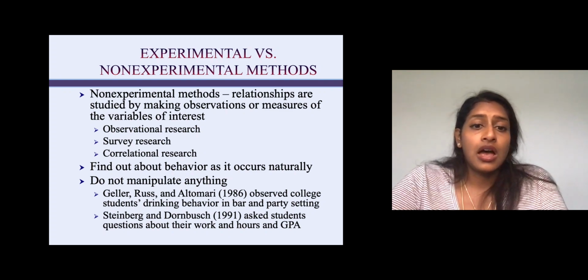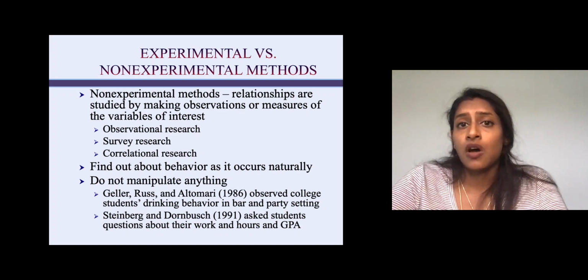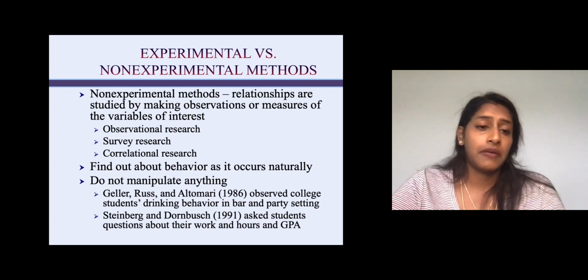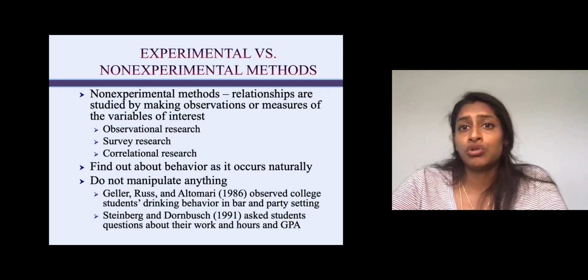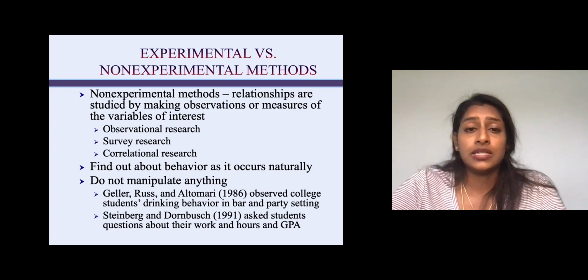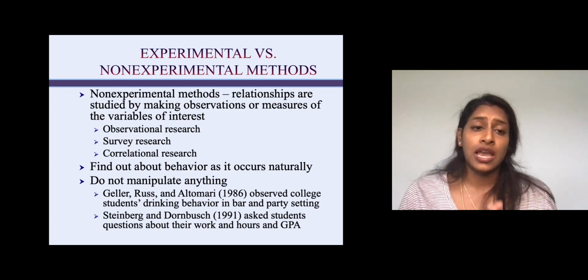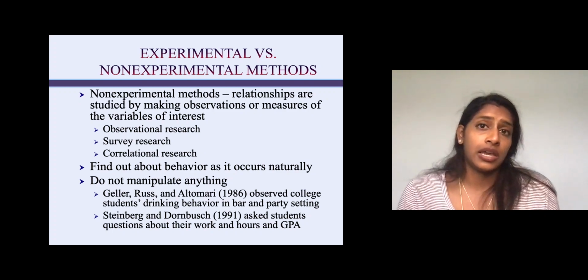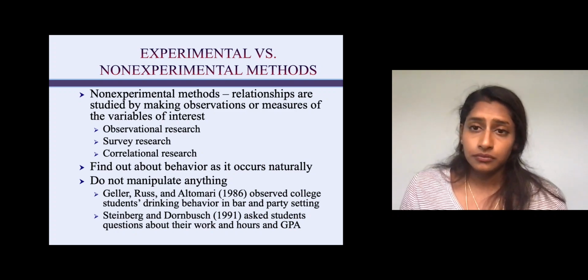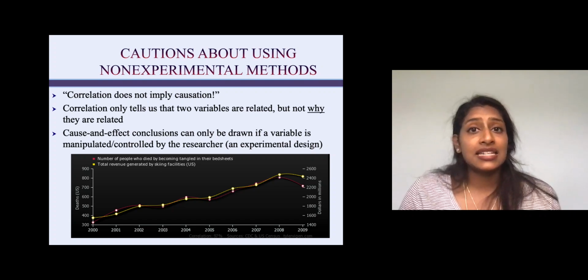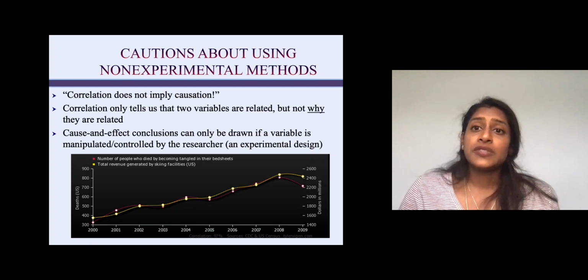Another study asked students questions about their work hours and saw how that influenced their GPA. So again, they simply wanted to see if the number of hours maybe you worked was related to your college GPA. They didn't randomly assign anyone here. They didn't manipulate the independent variable. They were just looking at how two variables related to one another. They were just generally looking at behavior that occurred naturally. It's important to remember that correlation does not imply causation. So if something is correlated